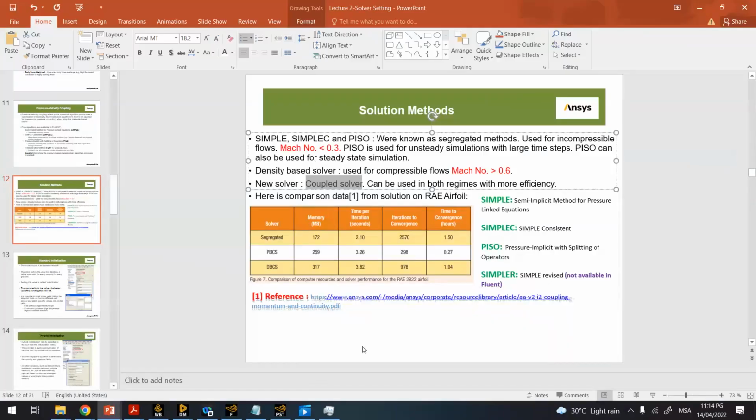Right. Here is comparison data from a solution of an airfoil. Okay, if we use segregated pressure-based or pressure-based coupled, okay, you see how much memory we use. So much more is used on the density-based lah. Okay, time per iteration is banyak yang dekat sini lah, density-based. Iterations to converge: if you use the segregated pressure solver, okay, it is around 2,570 to converge, compared to the pressure-based coupled solver. Coupled dengan segregated ni ada dekat